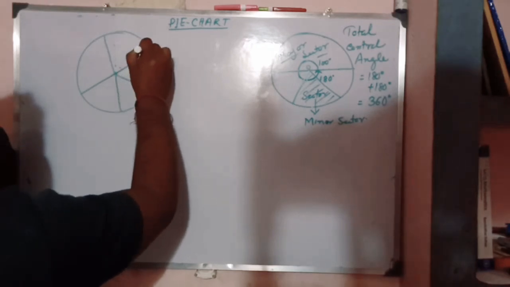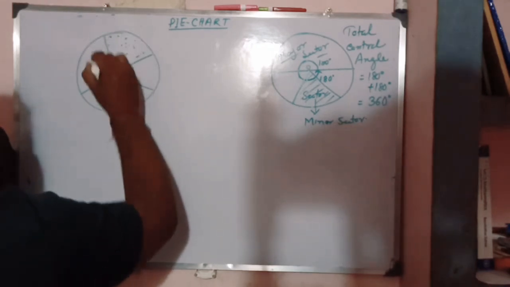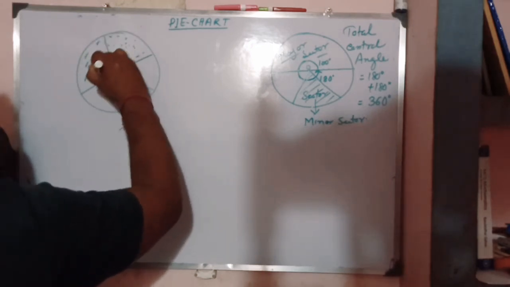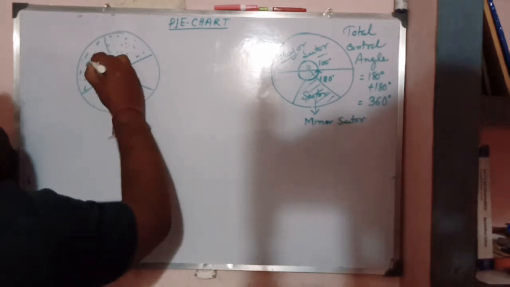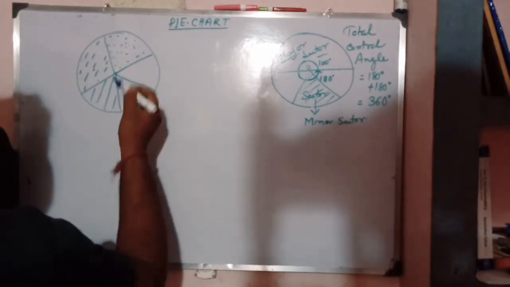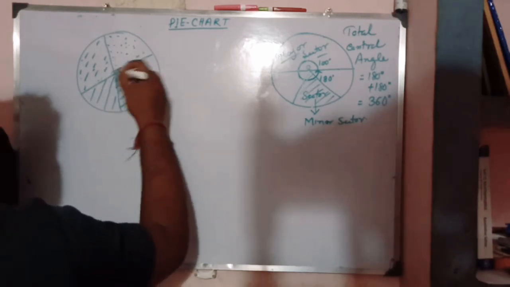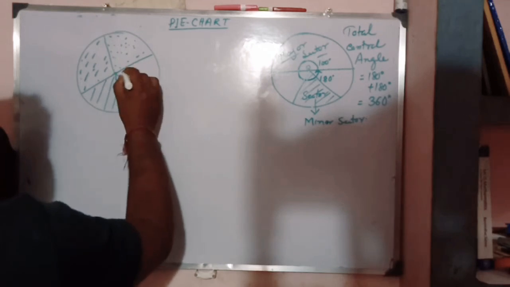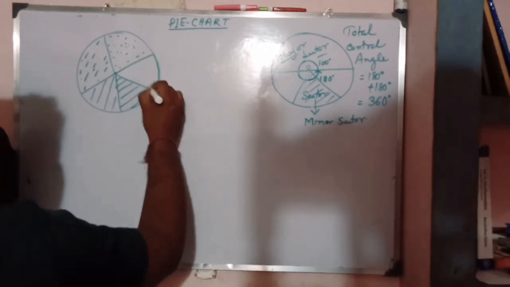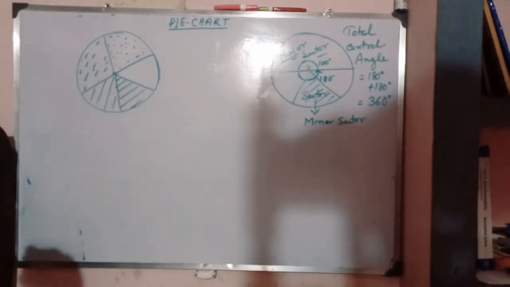One data is represented by this sector of the circle, one data by this sector of the circle, and one data must be represented by this unshaded sector of the circle. So the representative data